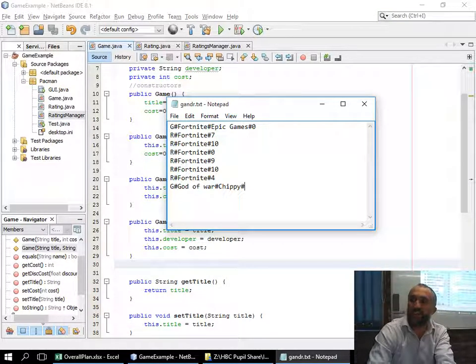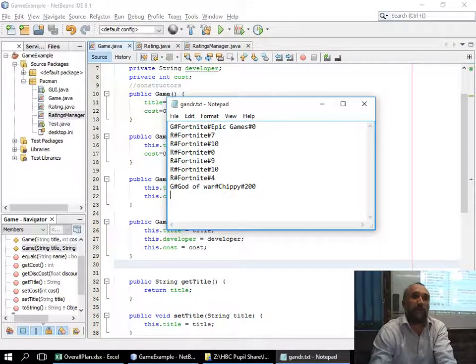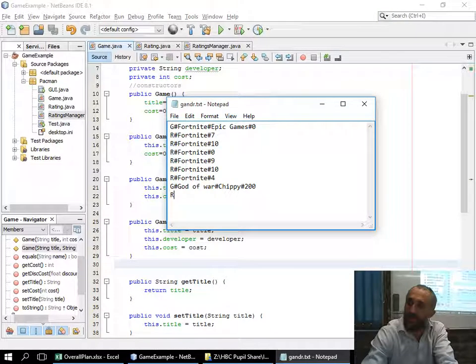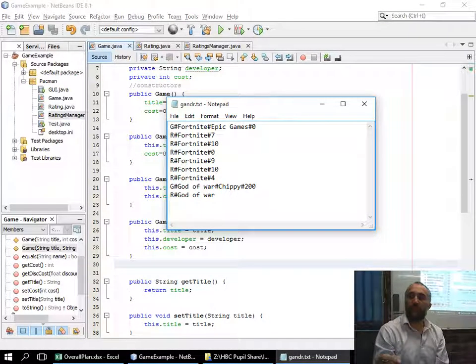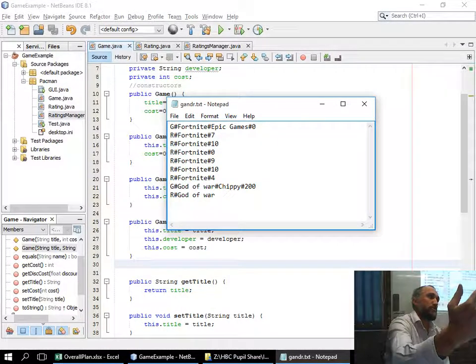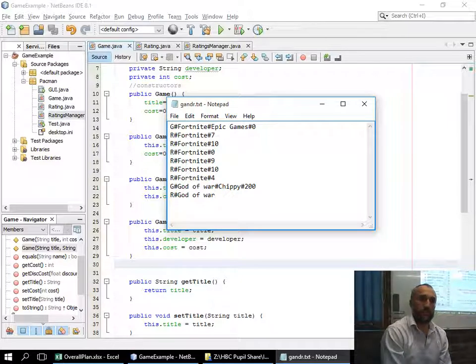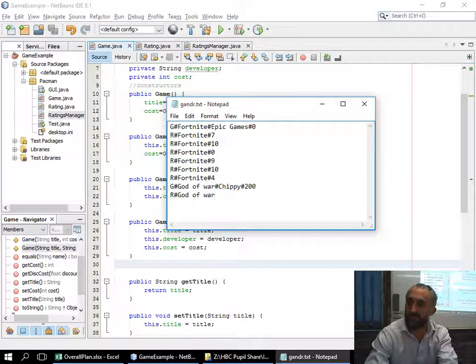Now, let's say that's 200 rand. I don't know what it is, but whatever. Okay, now rating hashtag God of War. Guys, here we are assuming the unique identifier for the game is the title. You would refer to the unique identifier. Do you guys get me? So what uniquely identifies the game is the hashtag, the rating 8, R hashtag God of War